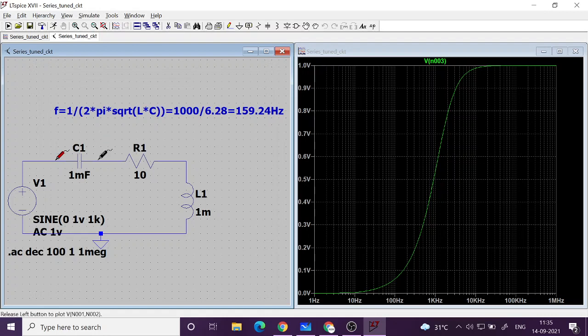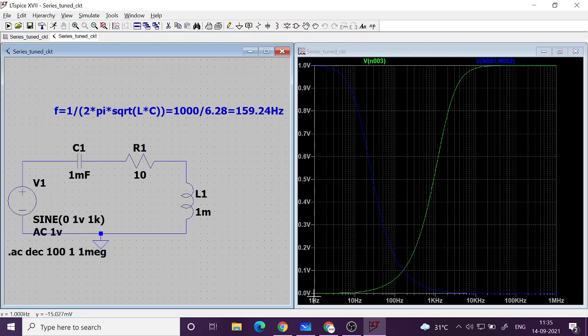When it comes, you release the button, you will get the capacitor voltage. So basically we are taking the voltage at this point minus the voltage at this point. So V of node 1 comma node 2 means V of N1 node minus V of N2 node. This way you can plot it, okay? So you don't need to rearrange the circuit again to get the voltage.